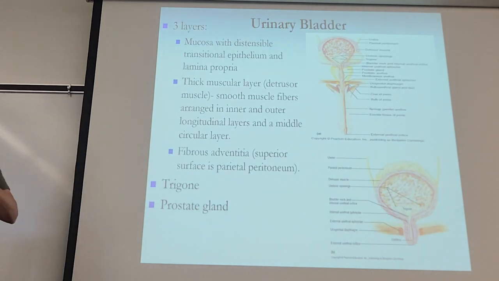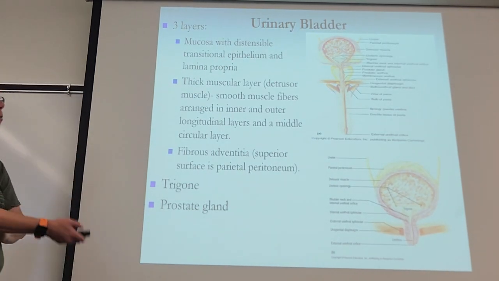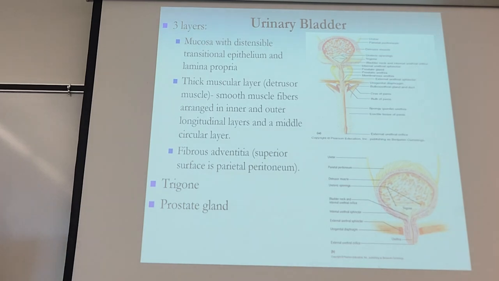Okay. Then we hit the bladder. Okay, the bladder we know on the inside is lined with transitional epithelium tissue, which allows for stretch, right? So that's the inner mucosa. There's a muscular layer in the bladder, smooth muscle only here, okay? That has, again, an inner and outer layer, middle circular layer, just like the ureters, except that muscular layer is collectively called the detrusor muscle in the bladder. So if you hear detrusor, we're talking bladder,